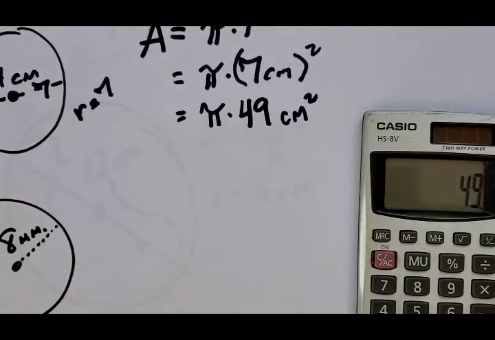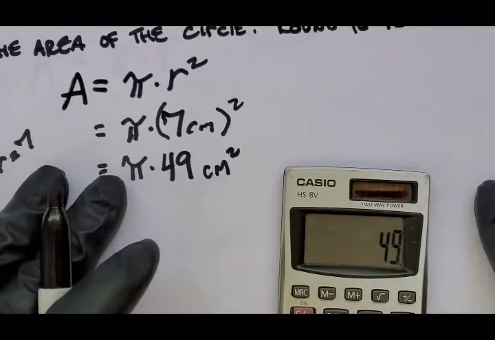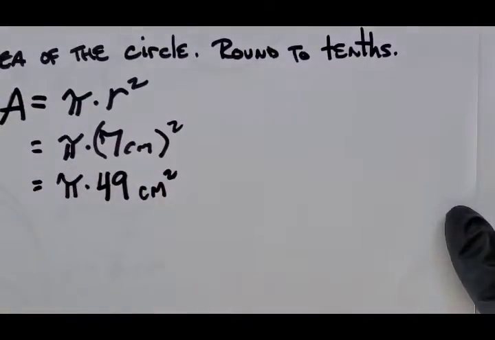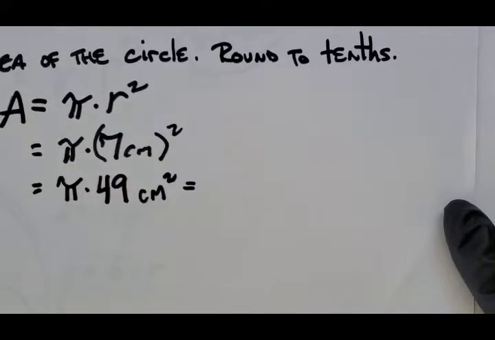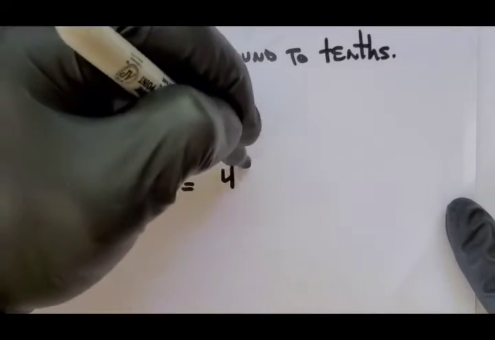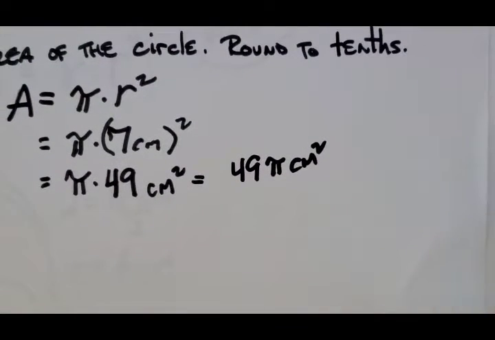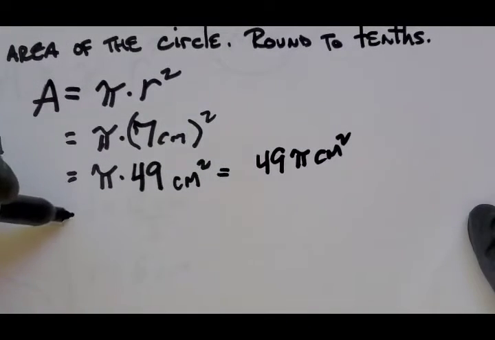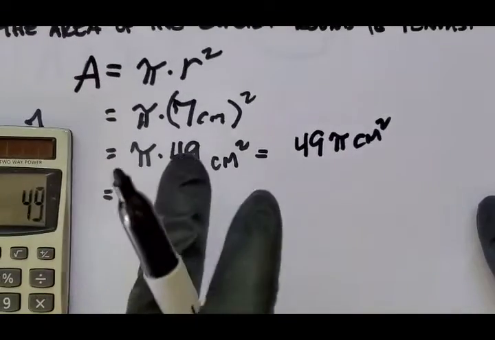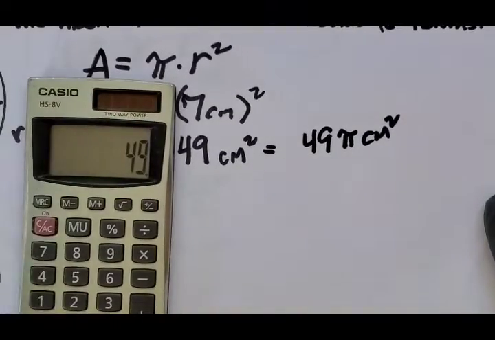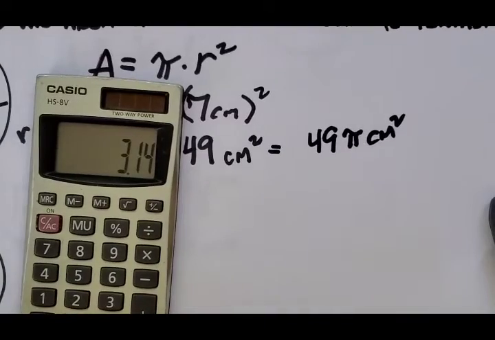Sometimes you're asked to leave it in terms of pi, and that would mean leave your answer with pi in it. And that's a little odd for you, I'm sure. You probably typically would see that in secondary, probably in high school. But anyway, this could be written as 49 pi centimeters squared. But for your case, in 7th grade, I think most often you'll be asked to leave it as just the area. So we're going to take 49 now, and we're going to multiply that with pi, which is 3.14 approximated,